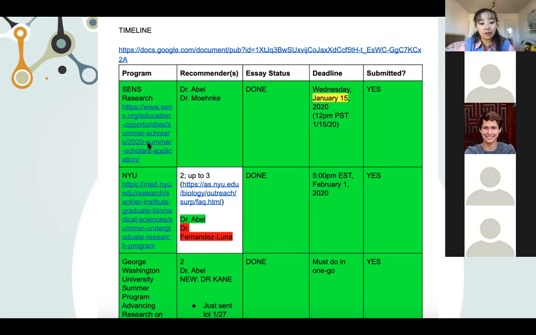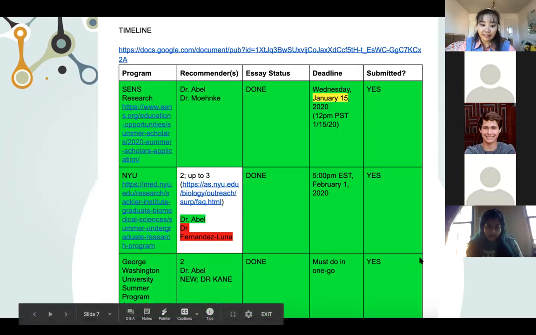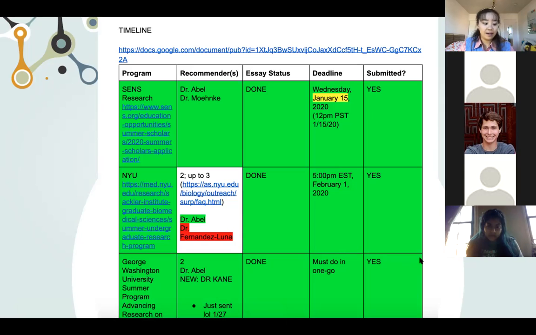And everything in green was what I've already finished or highlighted in green. And so I did color coding. So red was did not submit, yellow was still working, it's work in progress, and then green is completely done, we're good to go. And so you can also follow something like this, and I'll put this on the Burst website and the Burst YouTube page. So if any of you do want to copy this, feel free to take this template.